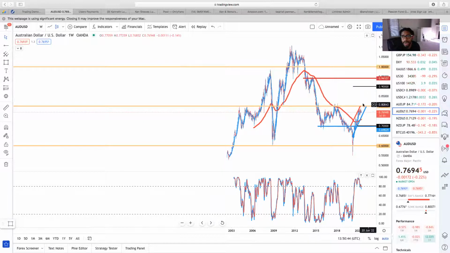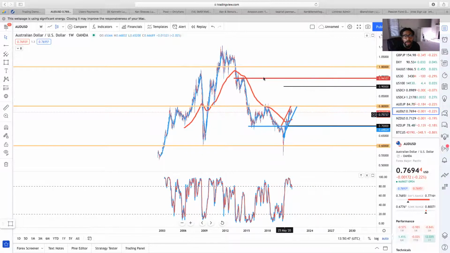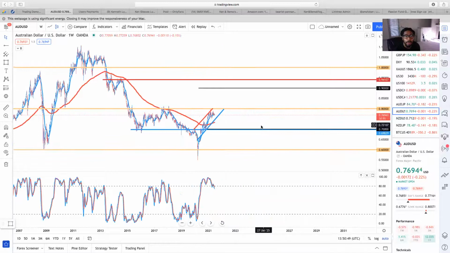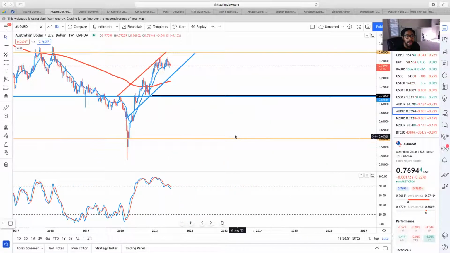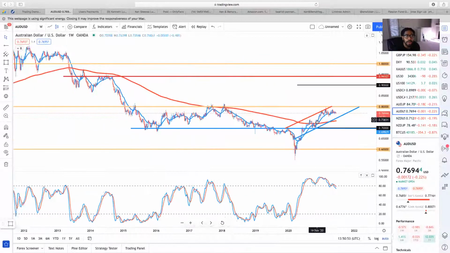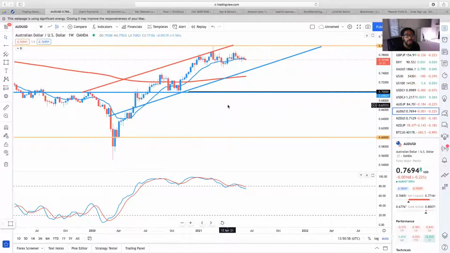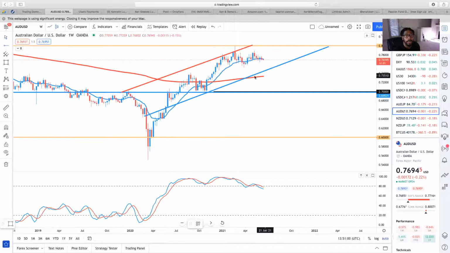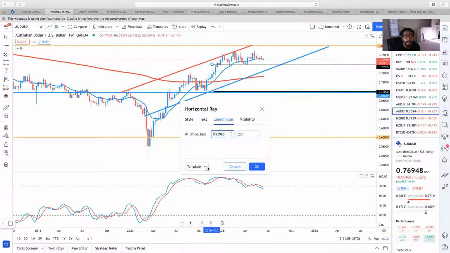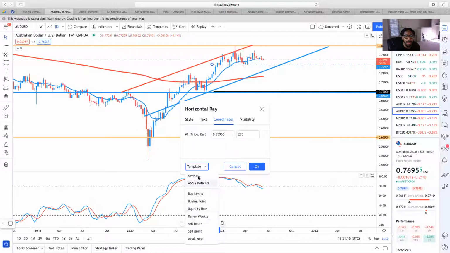So we got major and minor levels on the charts. We got our high and our low for the monthly. Now we can get our high and our low for the weekly, guys. Which, as you see, that buy area right here. So no, not a buy limit. Yeah, we could put a buy limit right here.